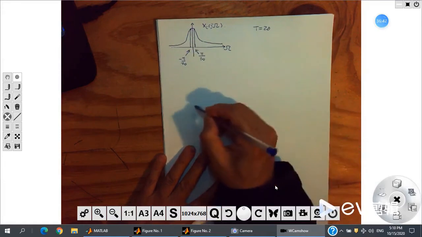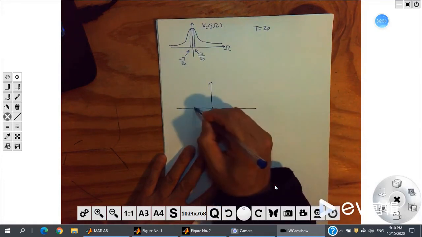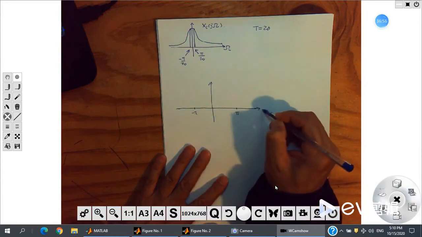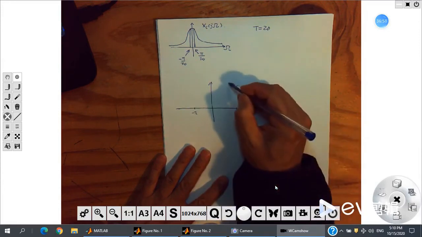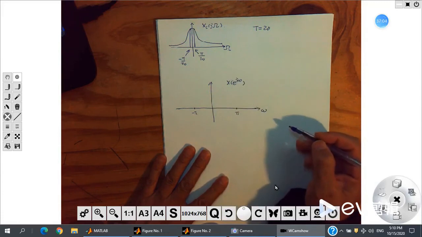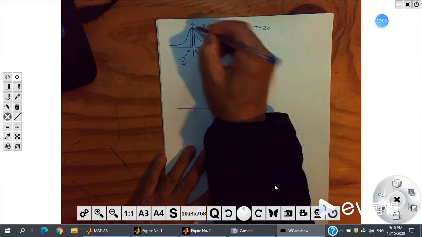And here, this is a negative pi, this is a pi, this is a lowercase omega. I mean the graph is capital X of e to the j omega, the Fourier transform of the sample of the signal. Now you need to put this part to here,